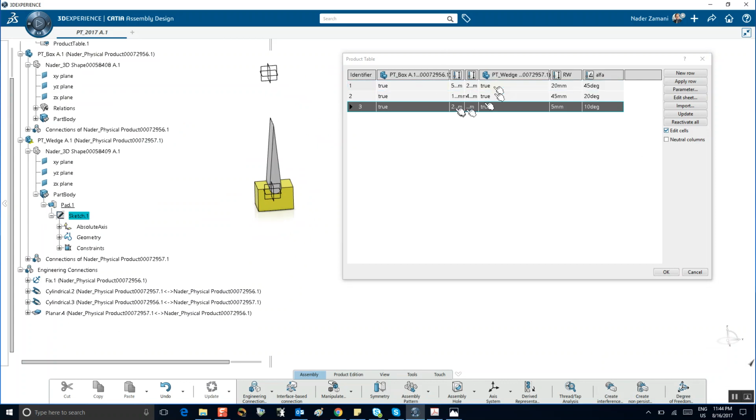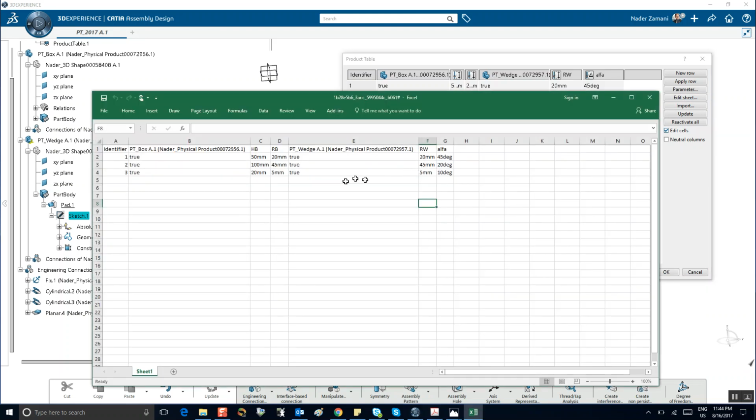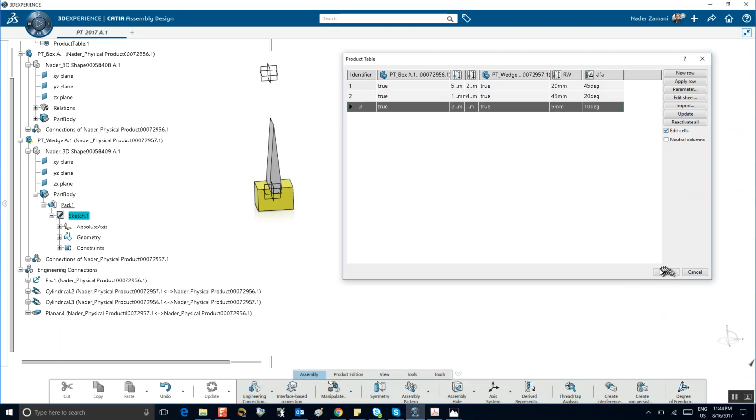Things can also be changed from here, but you can also do it from the spreadsheet by making the appropriate changes, adding other information. So that concludes the tutorial. Good luck with